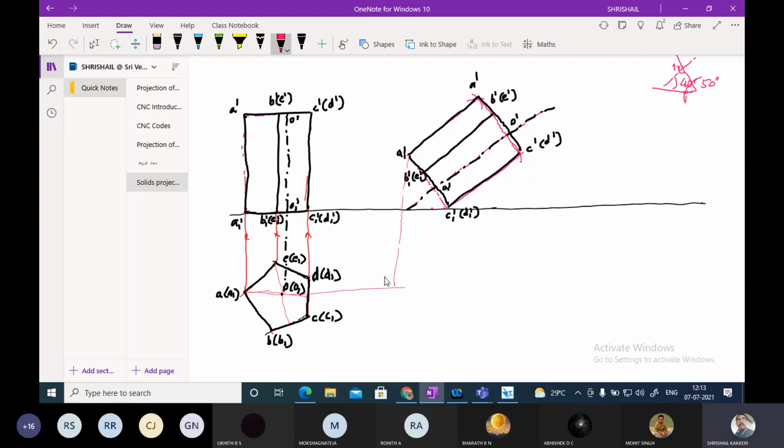Okay, this will be A, and B I have taken, and from B I have taken a line. This will be point B, and from C I have taken a line. And this will be point C, and D is on the same line, and E coming on this line, E and B.